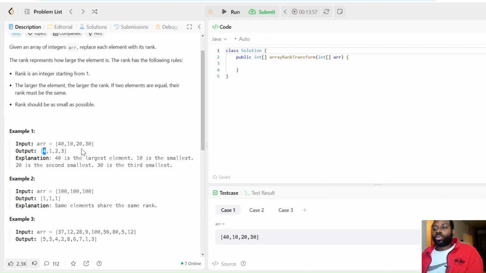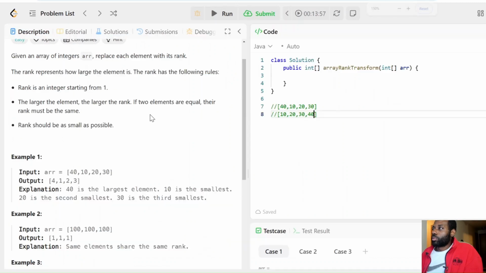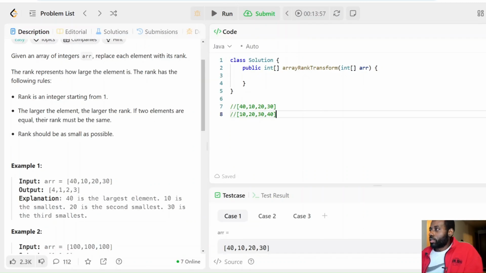So another approach that we could do, which is the approach that we're going to end up going with, is to sort it. So we start off with the original array: 40, 10, 20, 30. Go ahead and sort it: 10, 20, 30, 40. Let me zoom in a little bit. Okay, zoom in more, I think this one's better. And then after sorting,